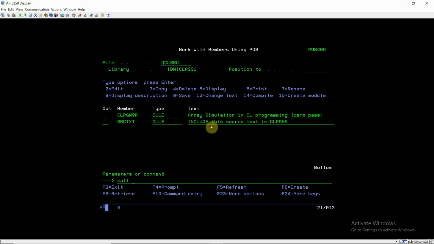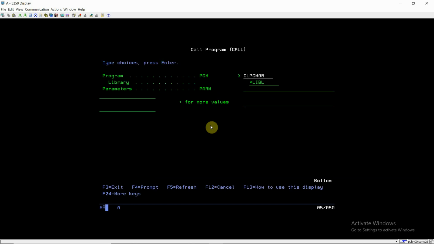Now call this program, CLPGM9R. We would not be calling this program simply, we have to pass the parameters. So take F4 here, and we will see the prompt for the CALL command. Here we can see the PARM keyword, and we can provide as many parameters as we want.